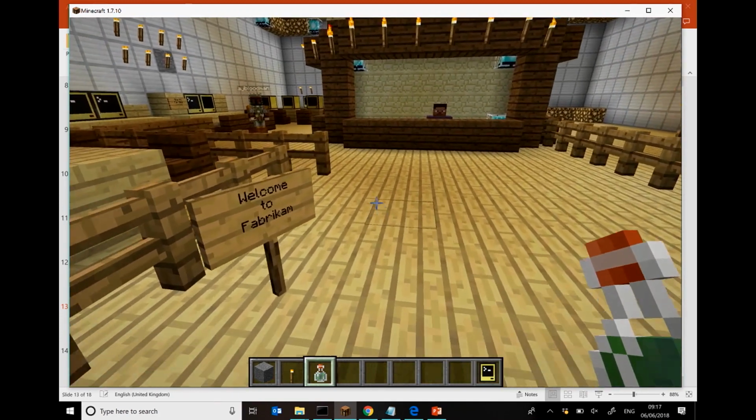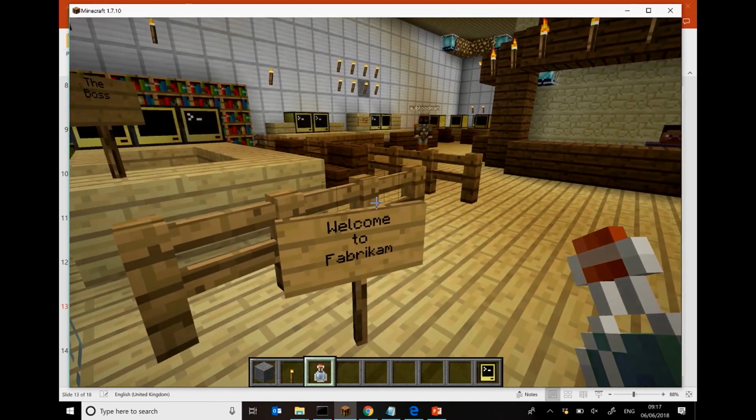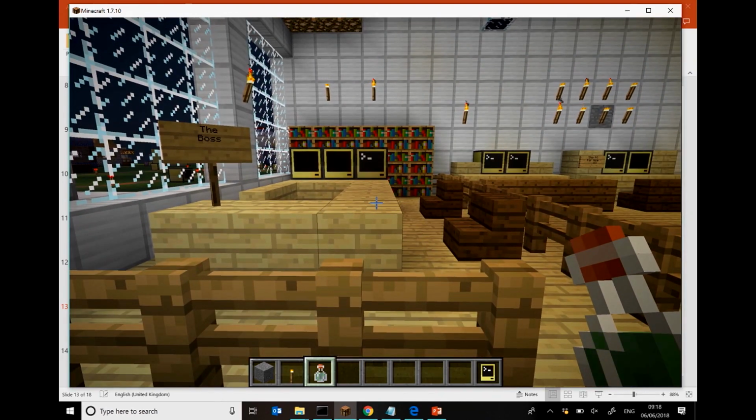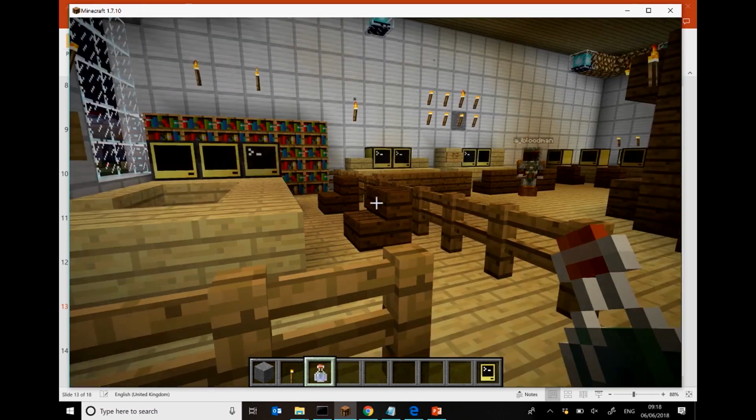And you can see we've just come into the Fabricum office. Now, here's the boss's desk. Steve Jan would normally be sat at that desk with his feet up, I'm sure, living the life. The fact he's not at his desk is not a great sign, so we know we might be in a bit of trouble, and we better go and find him.